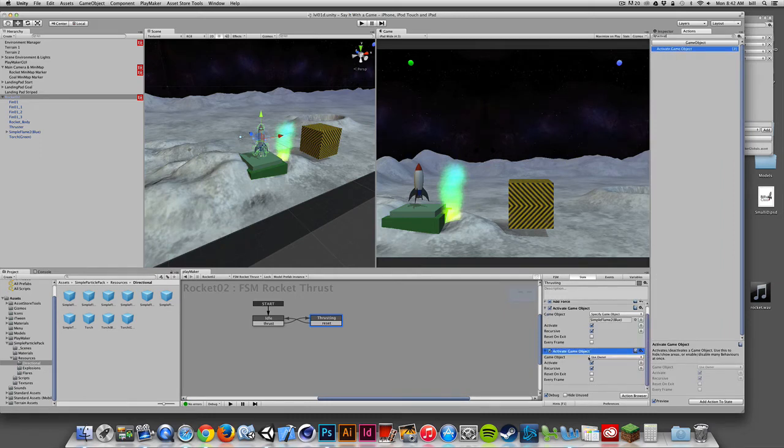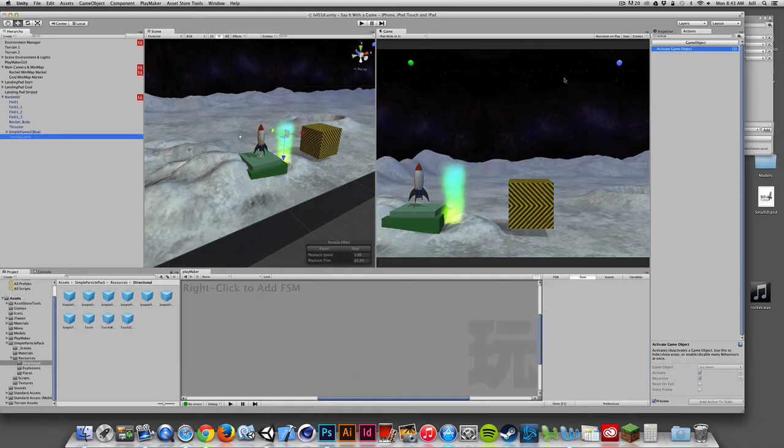I'll double click. And the game object that I want to activate is not the owner. I'll specify a game object, and now I can drag in my new torch element. Okay, the active switch needs to be turned on. And so if I were to start with my default state,